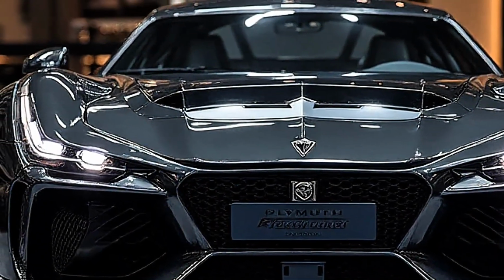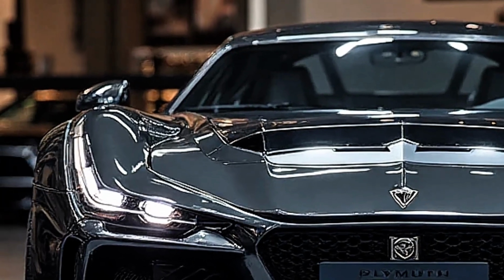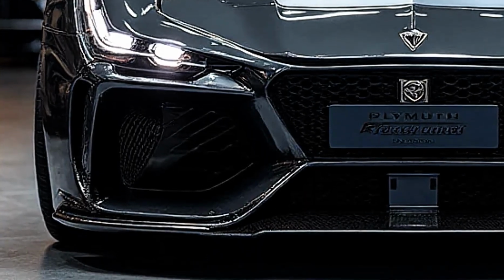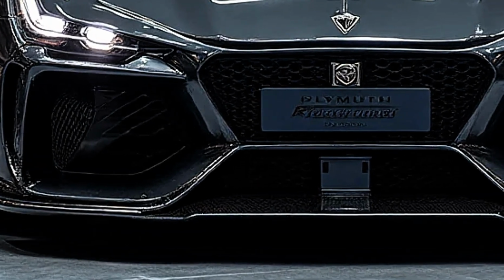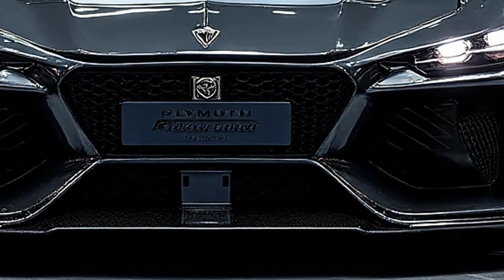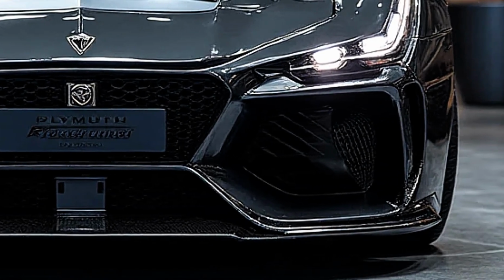From the instant you press the start button, the 2026 Plymouth Roadrunner makes its presence felt. The V8 roars to life with that deep, unmistakable growl muscle car fans crave, while the hybrid-assisted variant adds a futuristic whine that almost feels like a supercar hiding under the hood. On the road, acceleration is nothing short of breathtaking. 0 to 60 in just over 4 seconds feels brutal, pinning you to the seat as the tires fight for